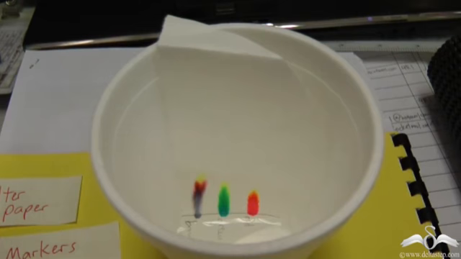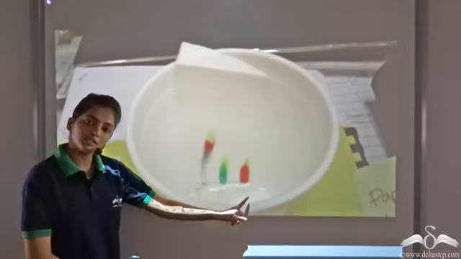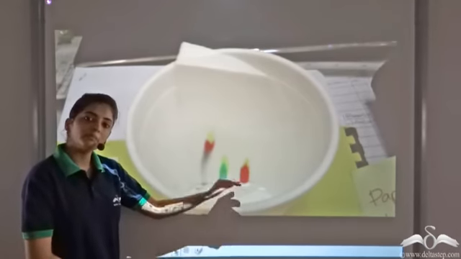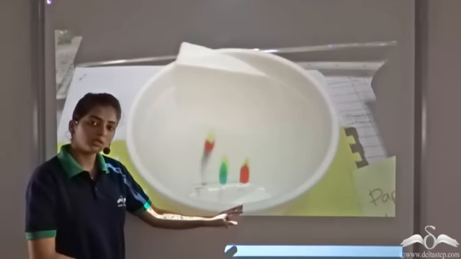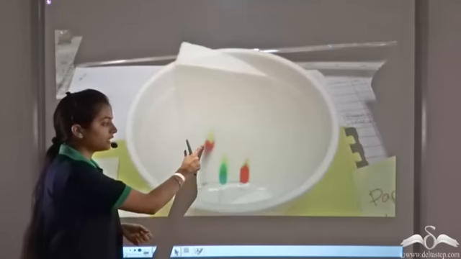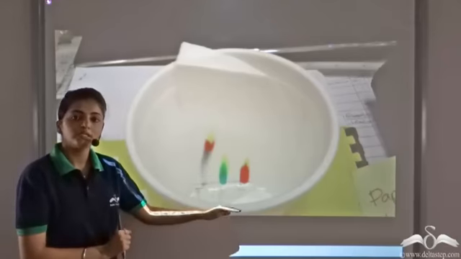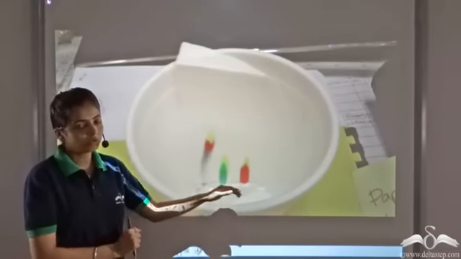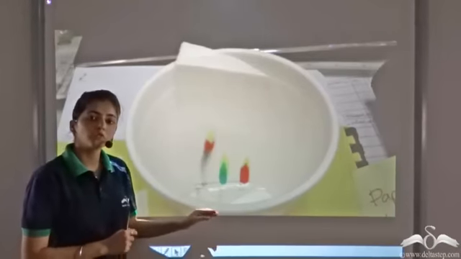So you see, as we allow it to be dipped in the solution, the different colored components separate out. They take different heights on the filter paper. We had the three colored spots originally. By dipping it in a particular solvent, what do we observe? We observe that those colored spots were made up of the different colored inks. So as we allow this to be dipped in the solution, the different colored inks separate out and take different heights on the filter paper. So this is the process of chromatography.